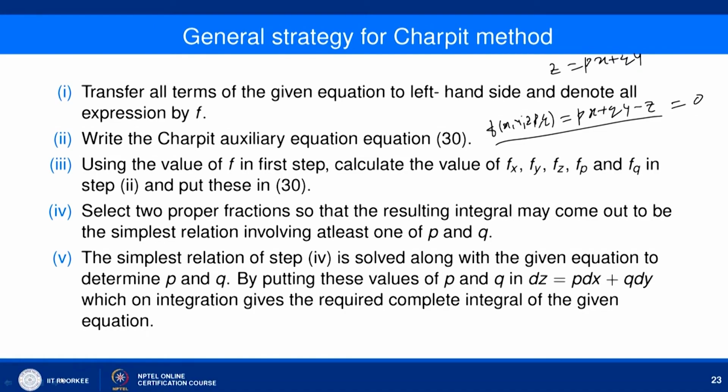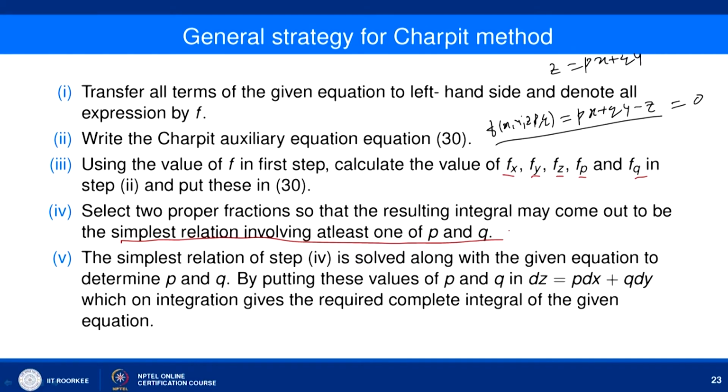So once we do this, then write the Charpit auxiliary equation which we have just given, and using the value of f in the first step, calculate the values of fx, fy, fz, fp and fq and put these in the Charpit auxiliary equation. And then the very important step is this: here you have to select two proper fractions so that the resulting integral may come out to be the simplest relation involving at least one of the p